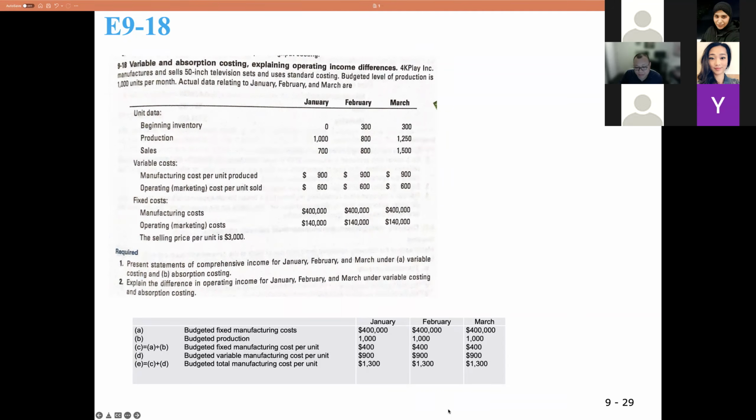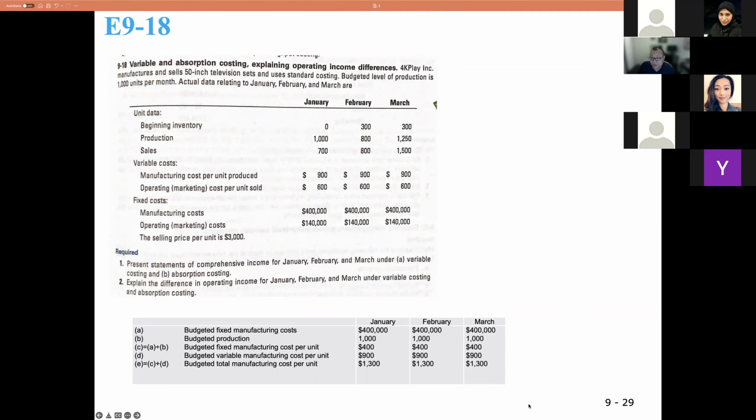So for this question, you definitely want to know this to do a question like this, okay? This is a question for the two costings. You want to explain the operating income difference, okay? So 4K Play Incorporation manufactures and sells 50-inch television sets and uses standard costing. Budgeted level production is 1,000 units per month. Actual data relating to January, February, and March are: